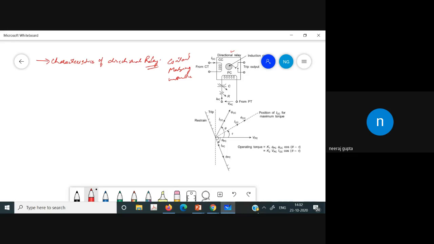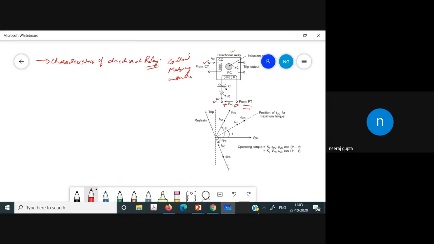In this wattmeter, we will have the current ICC from the CT, and then we have the current IPC from the voltage VPC, which is from the PT. Now the direction is here by the arrow, then we will have the positive here and the negative here. Now you will see we can draw this diagram one by one.